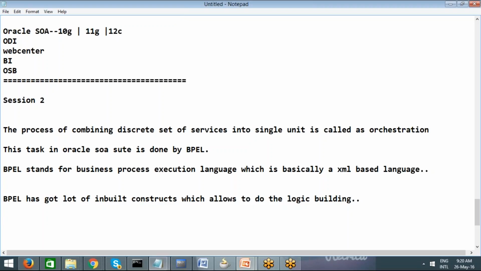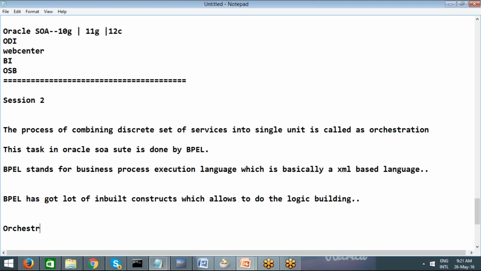And apart from doing the logic building, the main task we do is combine a set of services into a single unit and expose it as a single service to the outer world. And if we have to do the logic building within BPEL, how is it done? It is done with the help of a lot of inbuilt constructs. We'll be talking about those constructs in future sessions, but whenever you talk about BPEL, you might come across